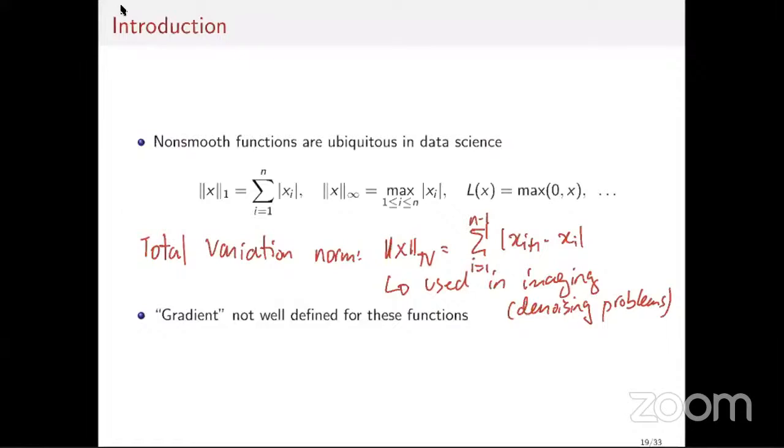Okay, I will talk about this tomorrow, but today what I would like to do is first introduce some of the mathematical notions that are needed to talk about such non-smooth problems. In particular, I'd like to introduce the notion of subgradient, to be familiar with it, and then to use it in the analysis of the subgradient method. Okay, so let's go on.